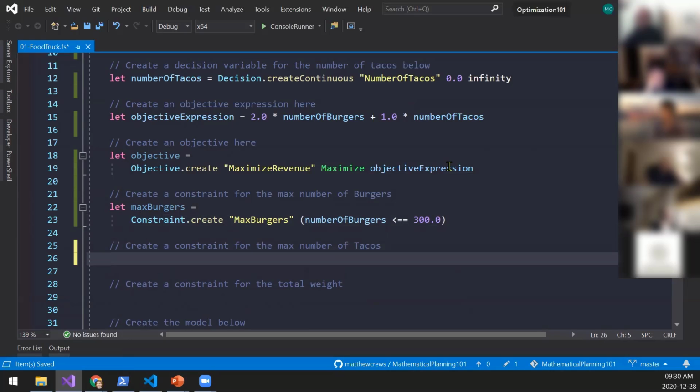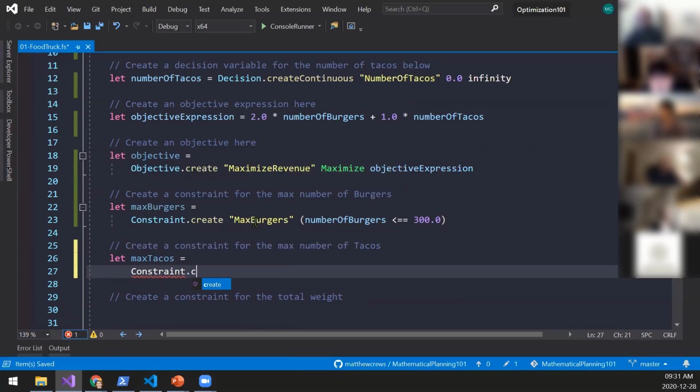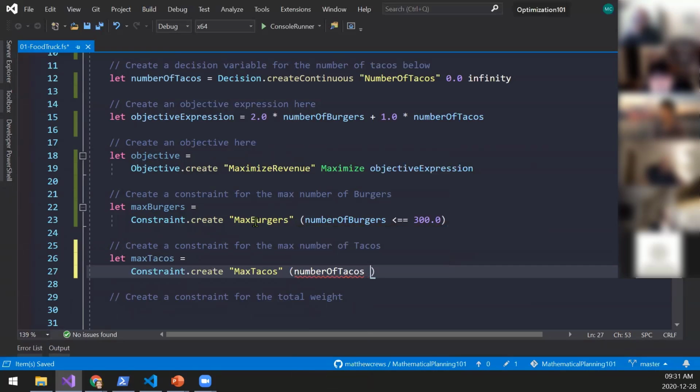Then we do the same thing for tacos. So if we hover over this, it says, hey, this is a constraint, this thing you just made. Say let max tacos equals constraint create max tacos, number of tacos less than or equal to 200.